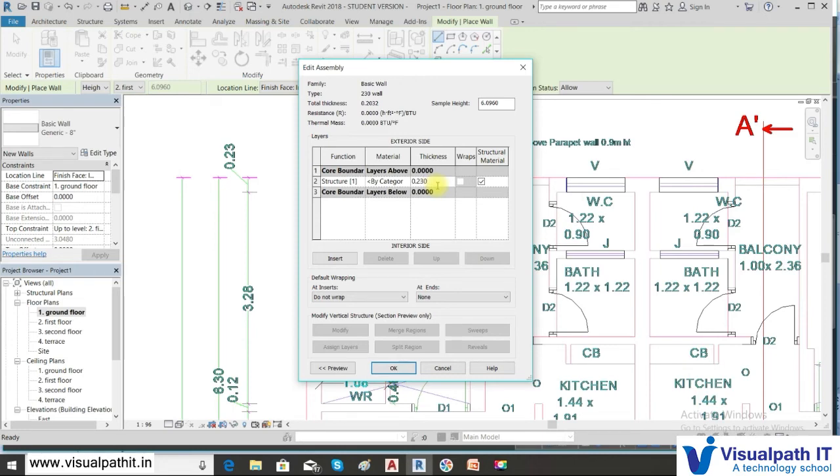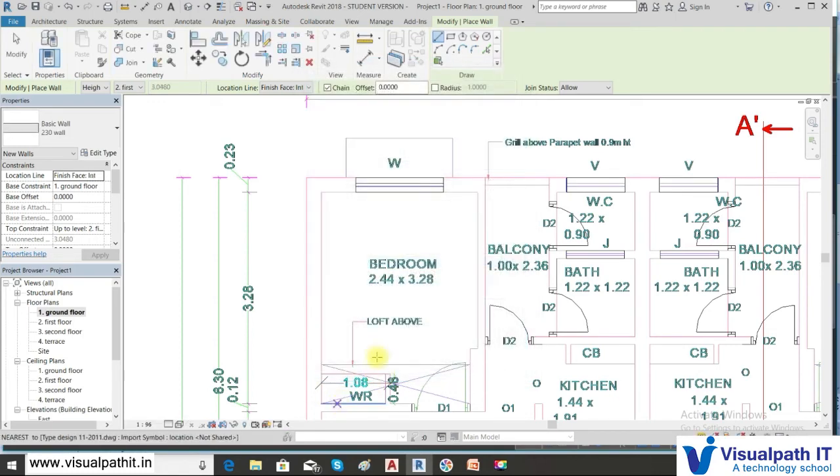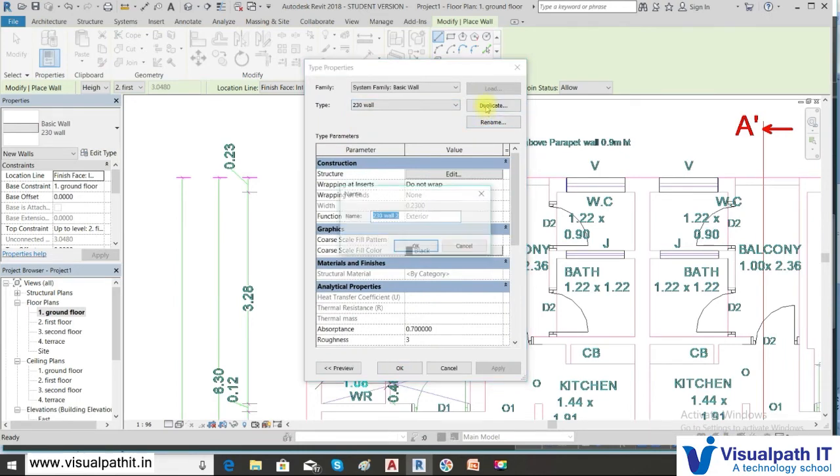Okay, so 0.230 is the meter. Click OK. We will have to create one more wall, which is a partition wall. So once again you go here, edit type, duplicate. You will say 115 mm wall, so rename as per your wish. Click OK. Then click duplicate.